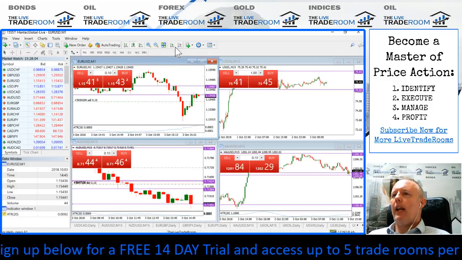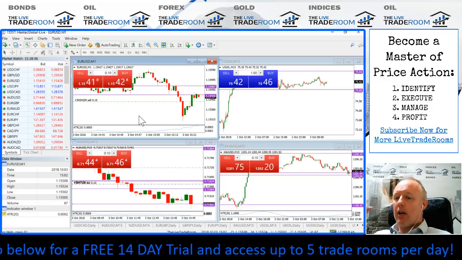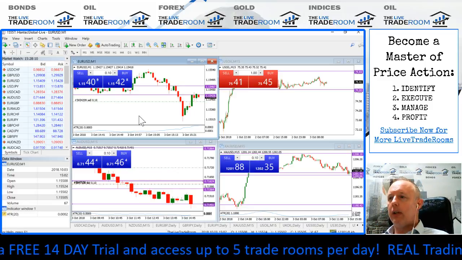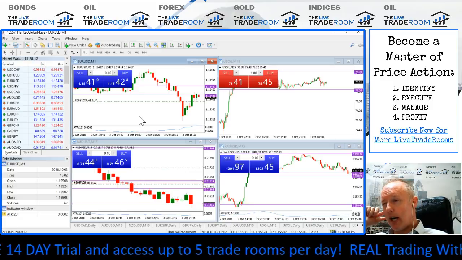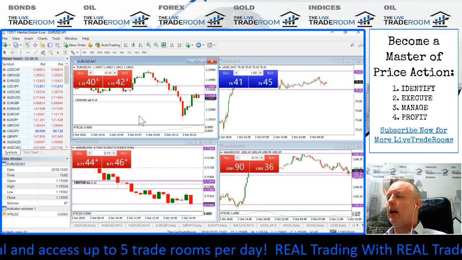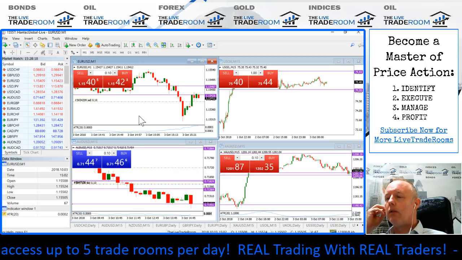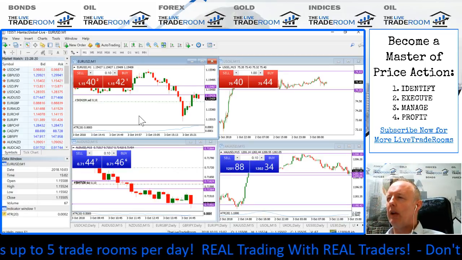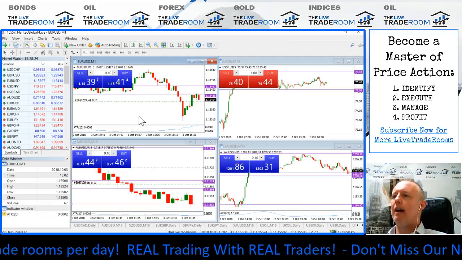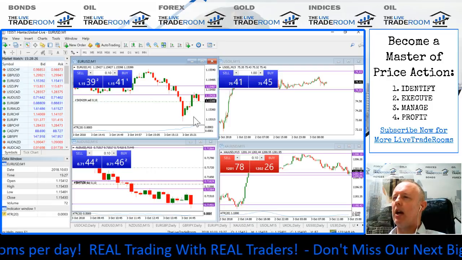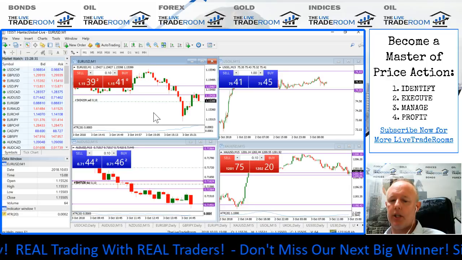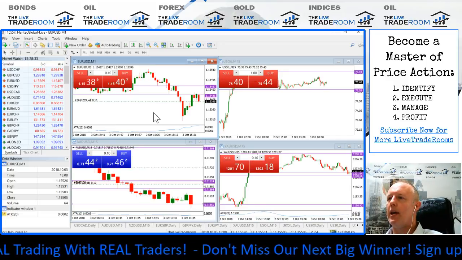So we're finally in the euro dollar to the downside. I know a few of you guys were getting into this trade at a much higher price earlier this morning, so very good trading. We've broken below that 1550 level, which is quite important. So now we want to see this level just flush lower and see if we can again just get a bit of profit out of today's trading.